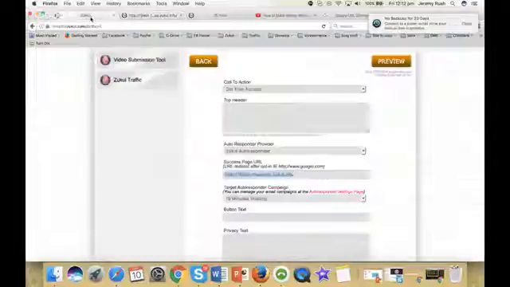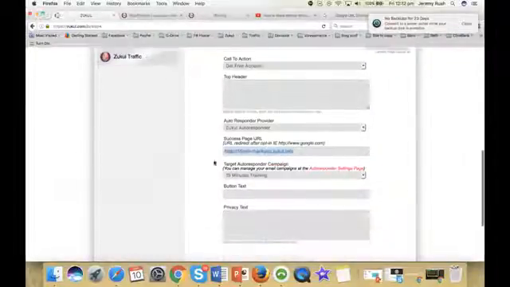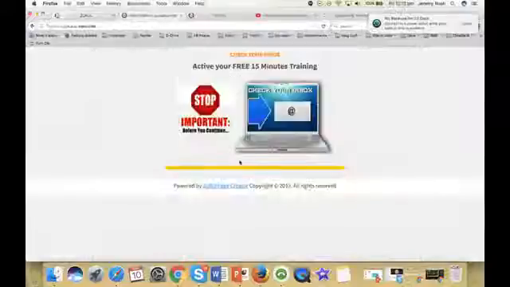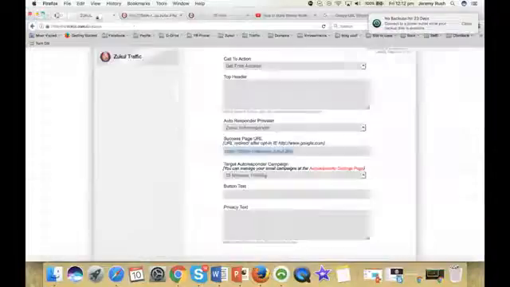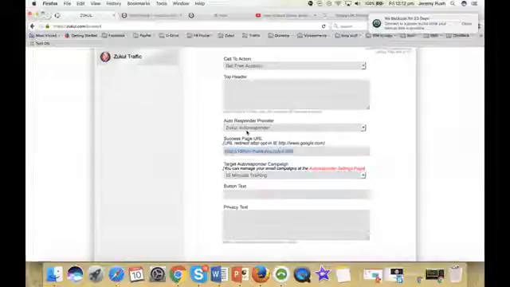So what we want to do when we're building the page, I put here get free access. That's on the next stage, so they don't actually see that until they get to here, get free access. So we're not worried about that. Now on this one, the autoresponder, I obviously want the Zookle autoresponder, the one that I get with my package. The landing page is what happens if they fill out their name and email address.